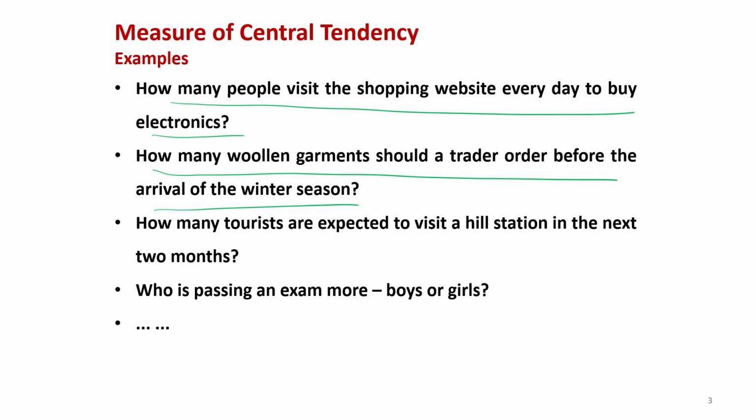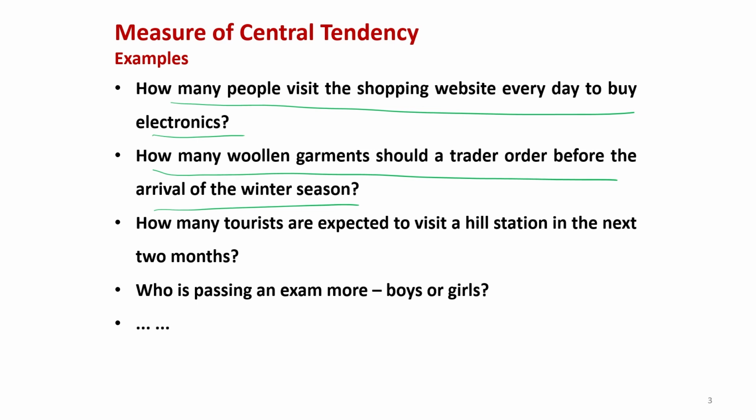So, now if you say, okay, this is based on the past data, one year somebody used 1020 woolen garments, another year somebody used 1070 woolen garments and so on, but this will not actually help. Based on that, he has to order one number. So, he or she would be interested in knowing what was the average number of woolen garments that were sold in the last couple of years,